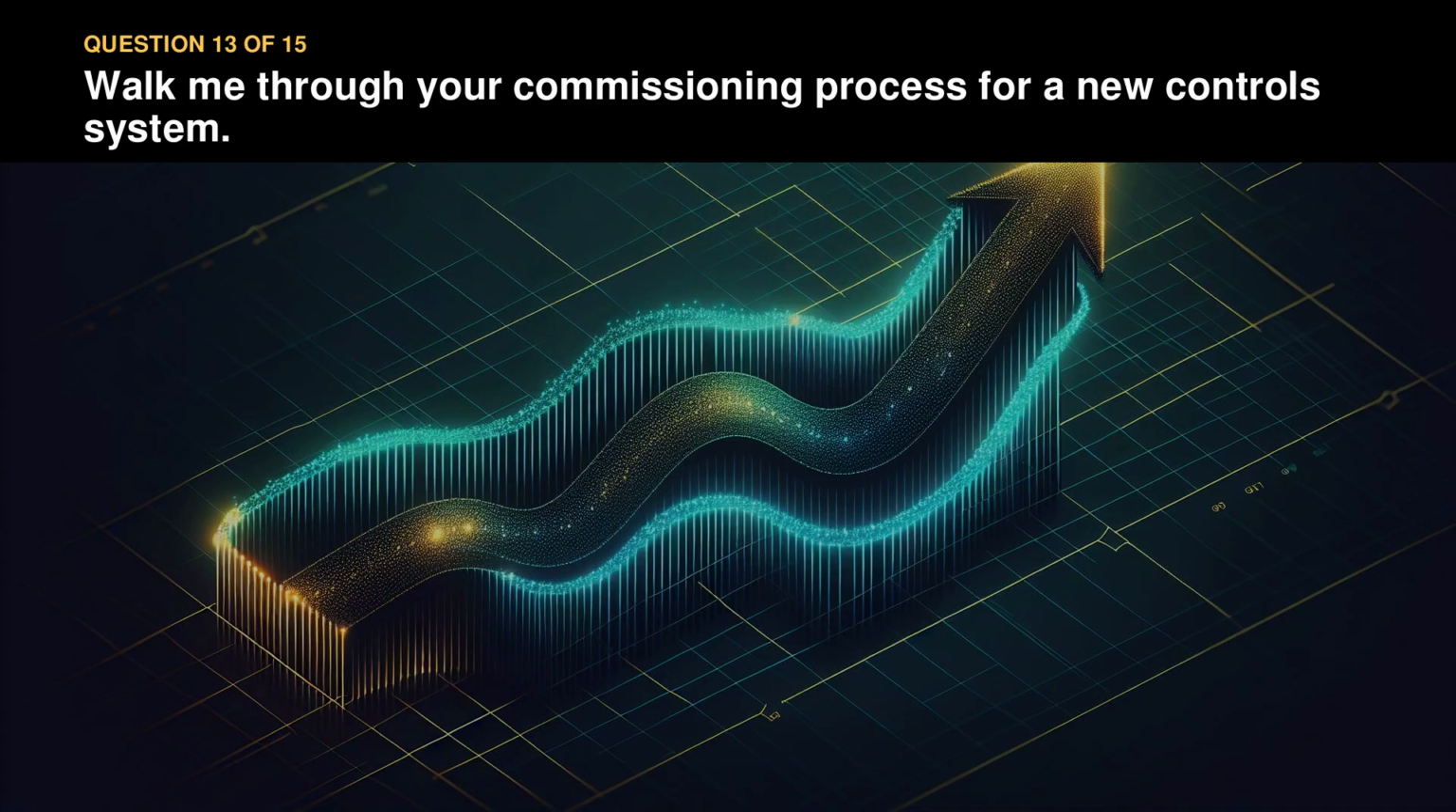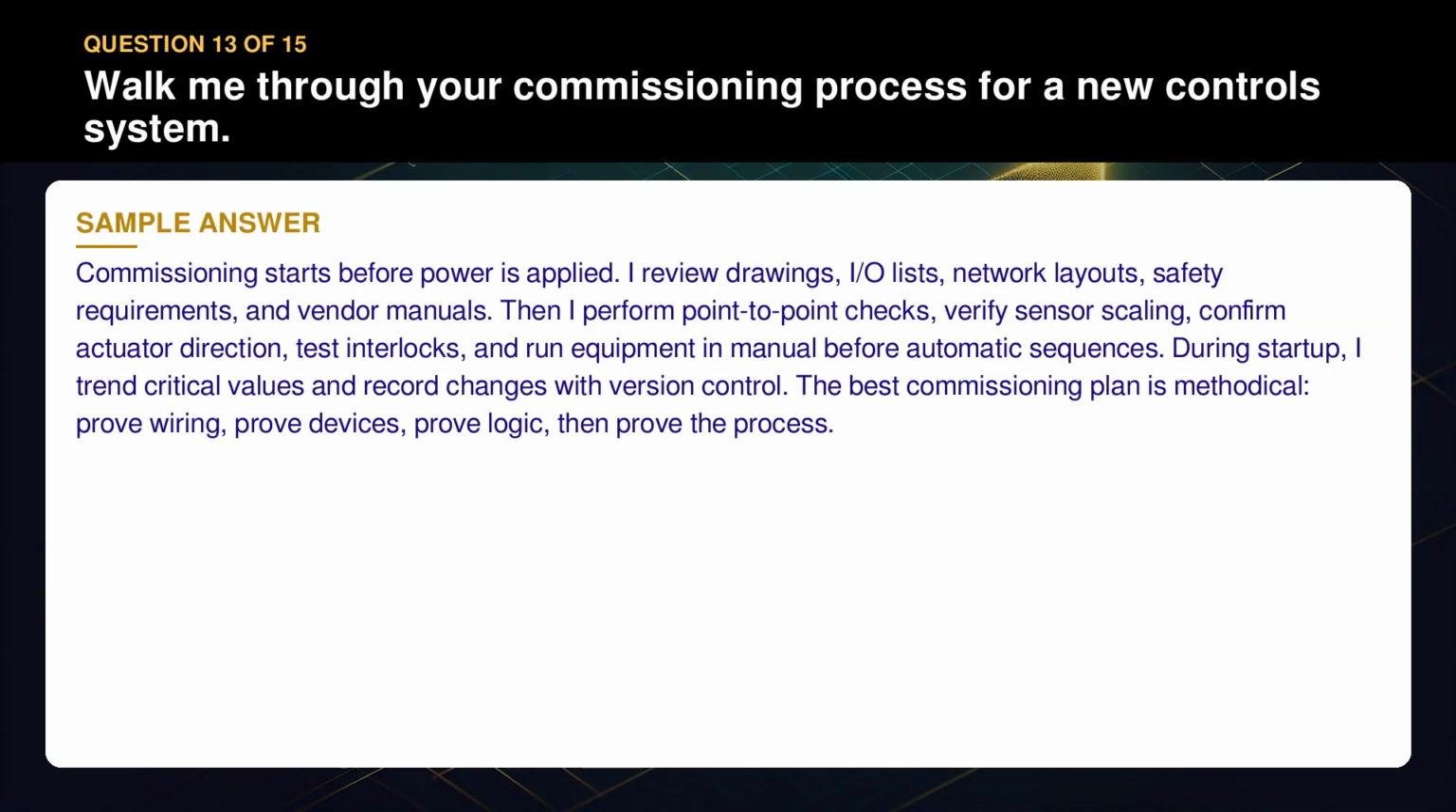Question 13. Walk me through your commissioning process for a new control system. Commissioning starts before power is applied. I review drawings, I/O lists, network layouts, safety requirements, and vendor manuals. Then I perform point-to-point checks, verify sensor scaling, confirm actuator direction, test interlocks, and run equipment in manual before automatic